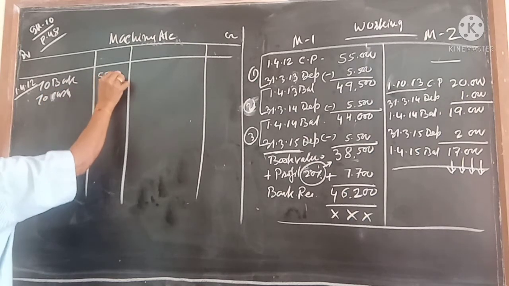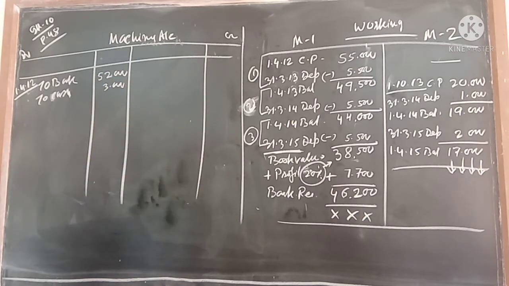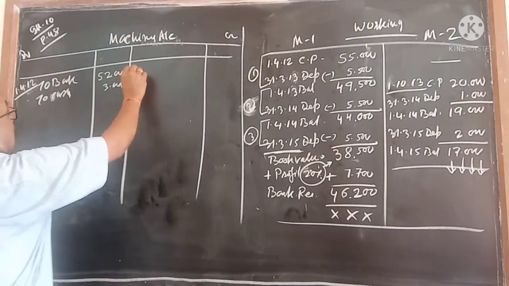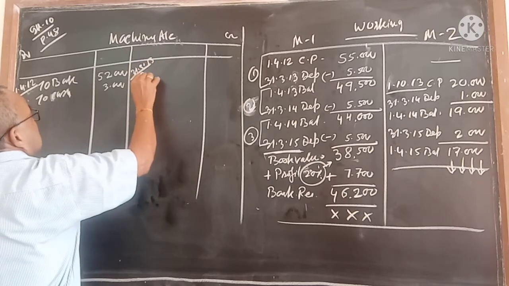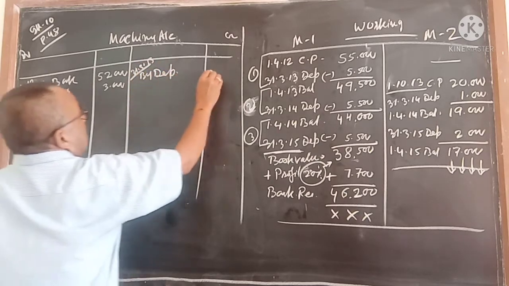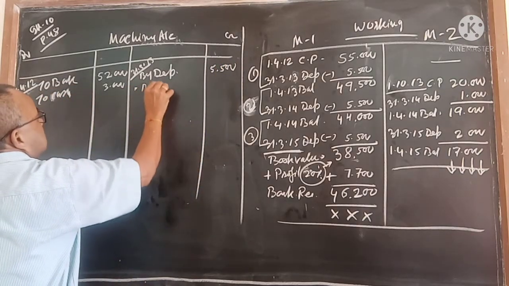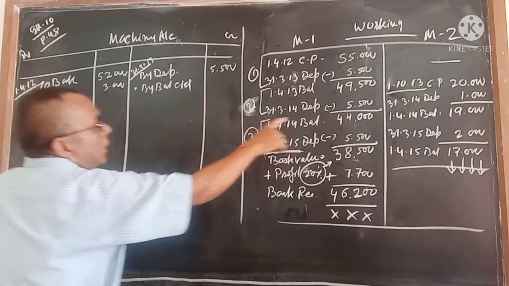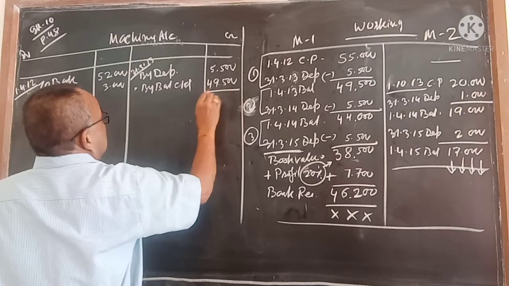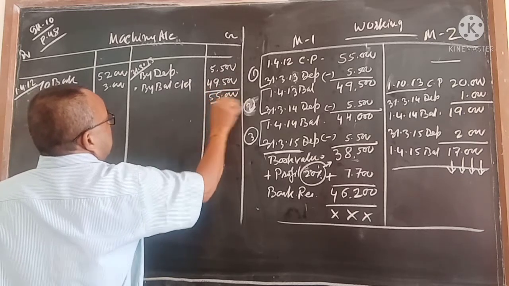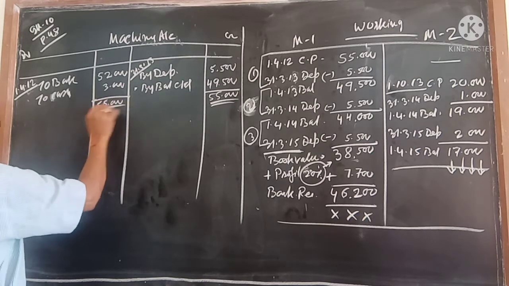This is 52 and 3. How do I remember? Because whenever I have done it, that time I remember this is 52 plus 3. And we charge the depreciation on 31/3/13, by depreciation. How much? 5,500. And also I know that one balance. By balance CD, here I have got 49,500. So you write here 49,500. And if you add, you will get 55,000. This is the one which you have completed for the first year.